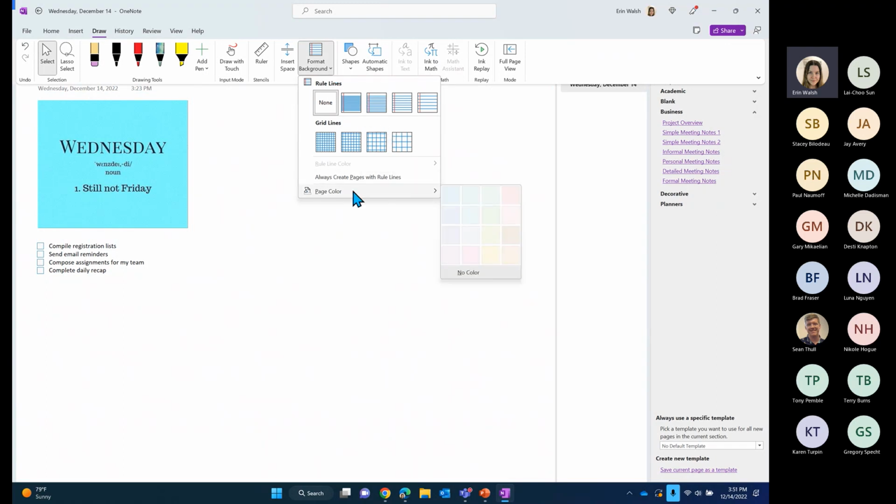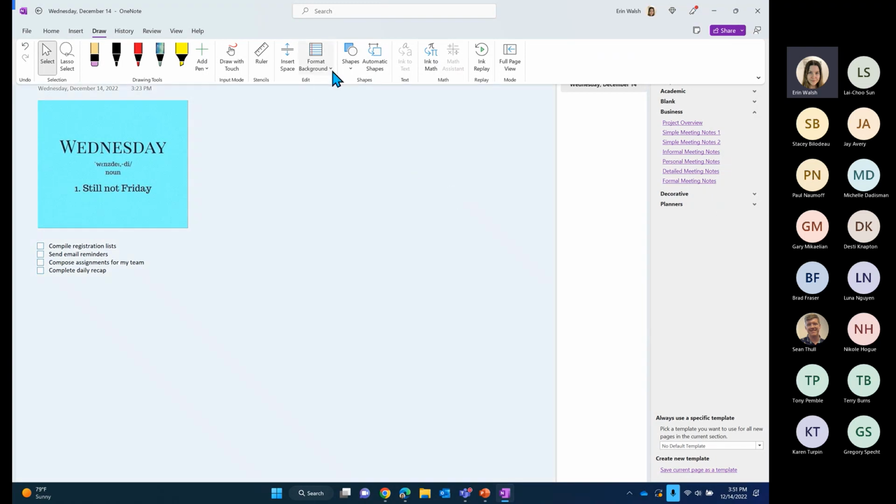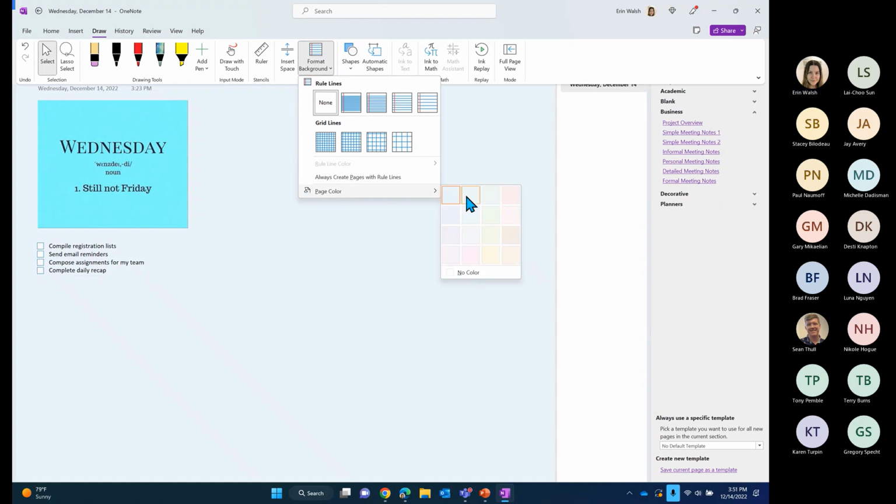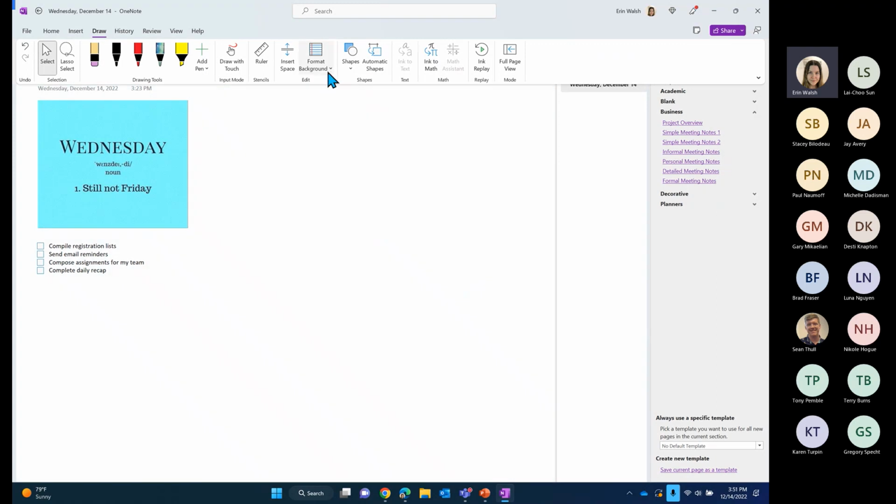You can always just do a page color if it's for a group and you want to make it kind of visually appealing. That gives a little something to the background there, a little bit of color to look at, but once again, you don't have to. You can remove the color altogether. And furthermore, when you go to page color and you add it,